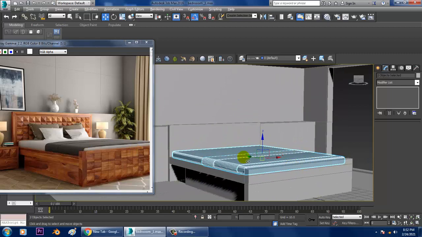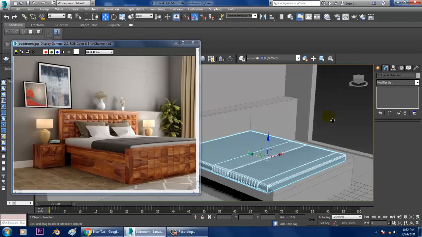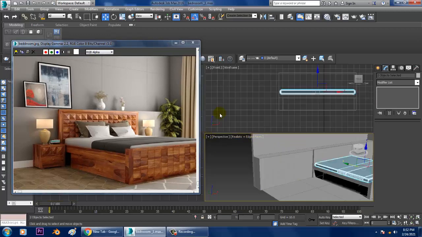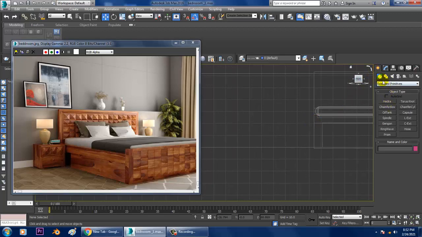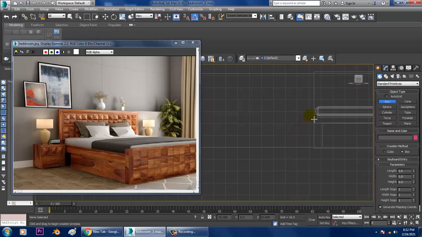After that, we'll be creating the main things over here. So let's create a side table. That's the height of your bed over here. So let's take a box over here.